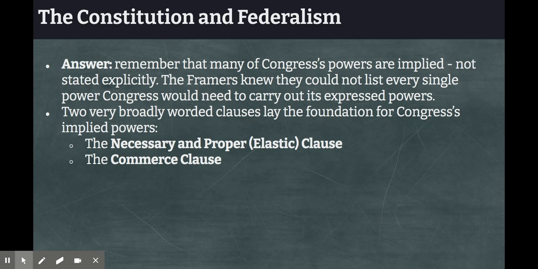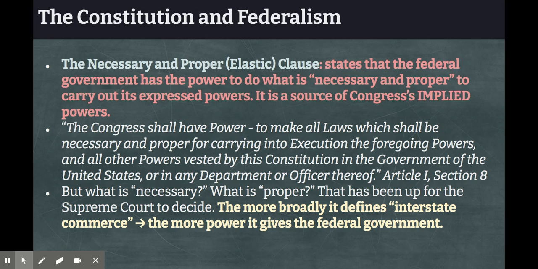And these are called the necessary and proper, also called the elastic clause, as well as the commerce clause. Let's take a closer look at what those are and how they work. All right, so the necessary and proper clause, you'll also see it called the elastic clause, states that the federal